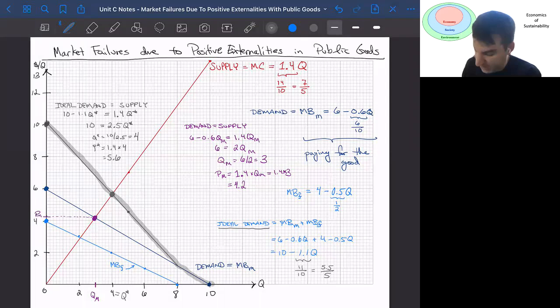And so this point over here is P star, which is about equal to 5.6. Okay, so the last thing that we need to solve for in order to best understand what's going on here is